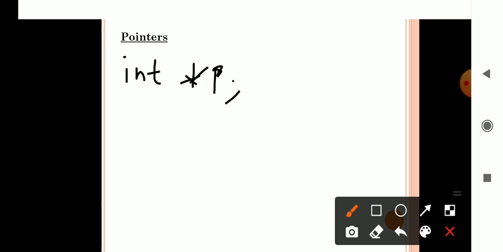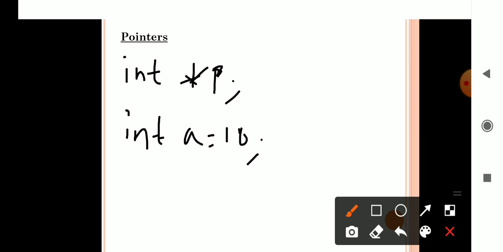So I will take normal variable A. Here I will take the normal variable as integer because I will take the pointer variable as integer, so the pointer can point to integer type only.